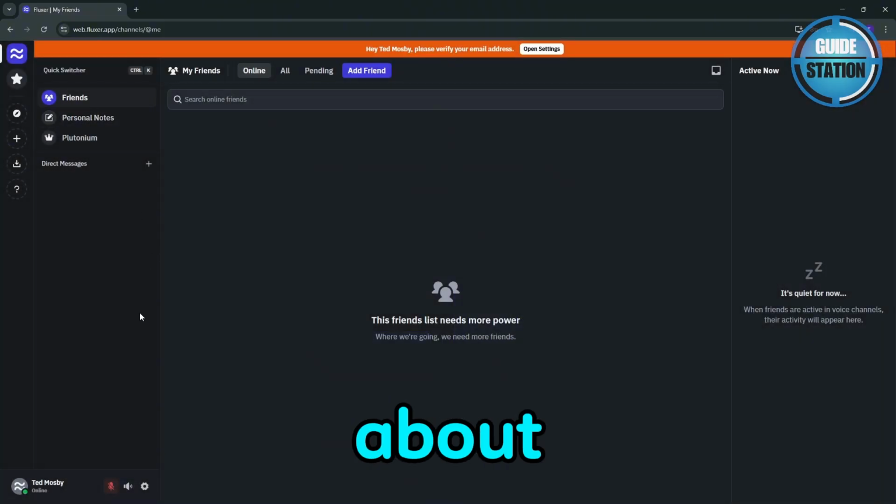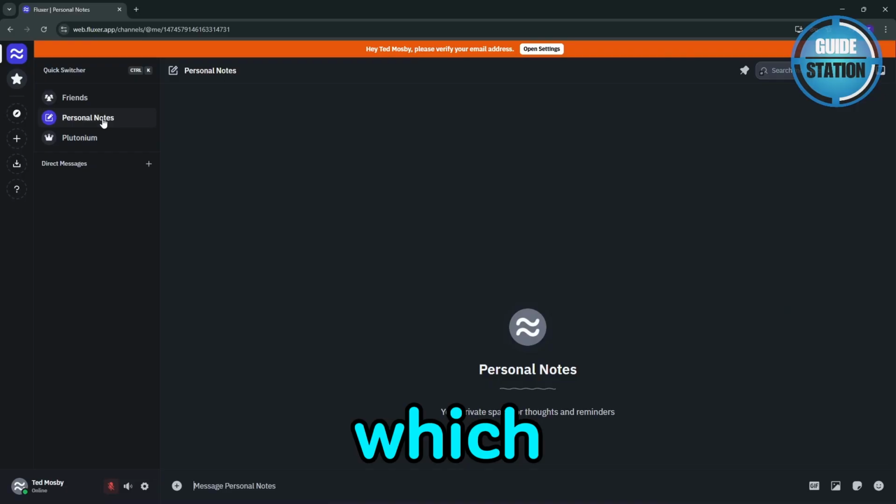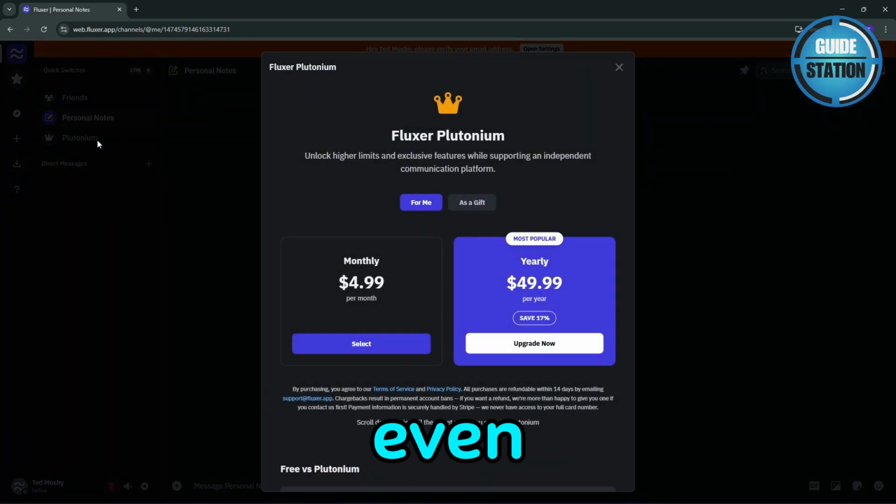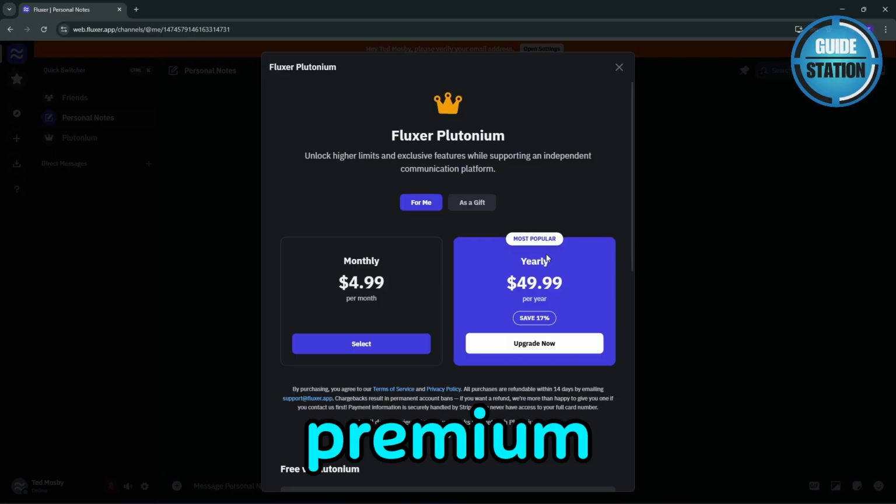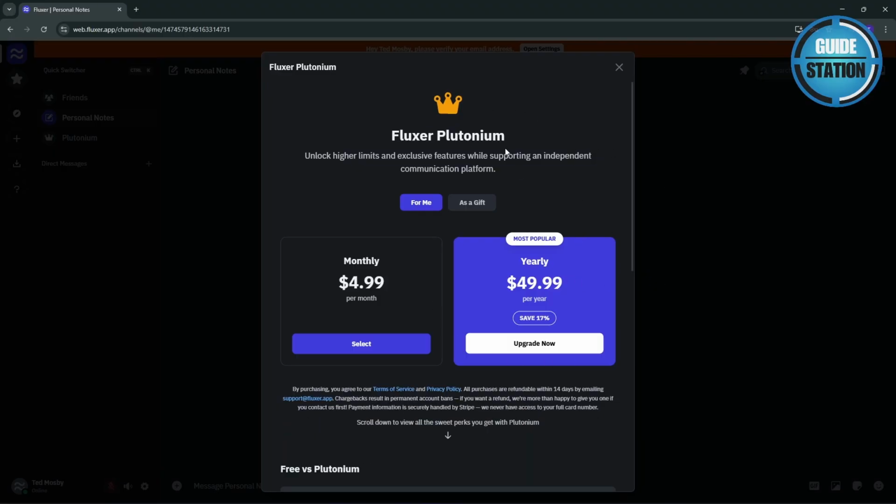Now, for those who care about privacy, Fluxer is based in the EU, which means it follows stricter privacy regulations. And if you want maximum control, you can even self host your own instance of Fluxer for better performance and full privacy control. Fluxer also offers a premium tier called Plutonium, as you can see right over here, which works